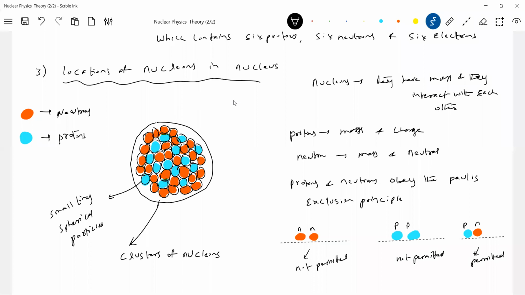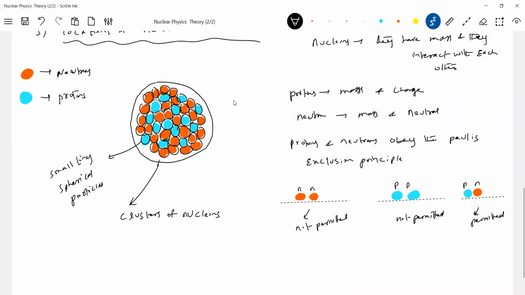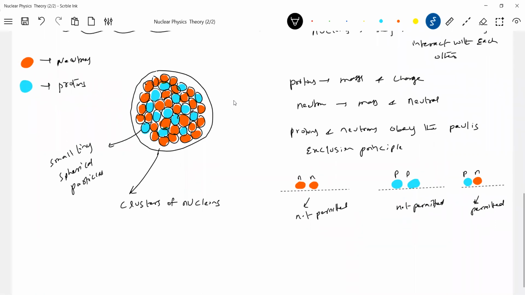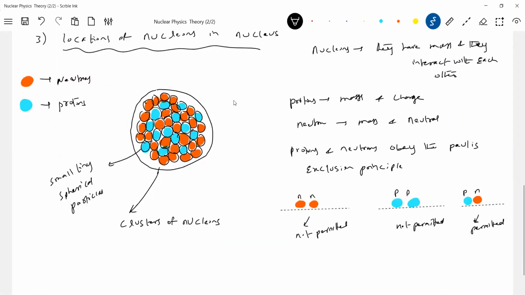Next, what about these nucleons? They'll exert force on each other. A given nucleon will exert a force on the others, and that force of interaction between nucleons is what we call the nuclear force. Further, nucleons interact with each other or exert force on each other. So let's get into the